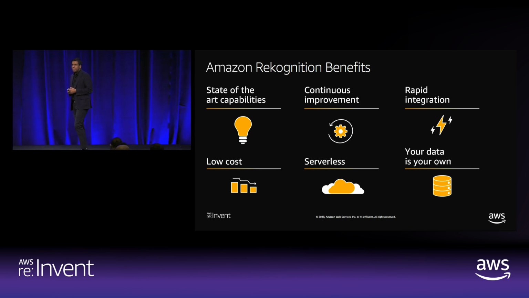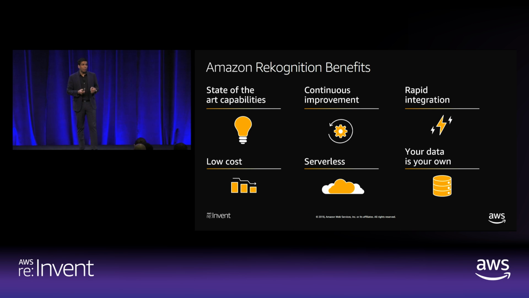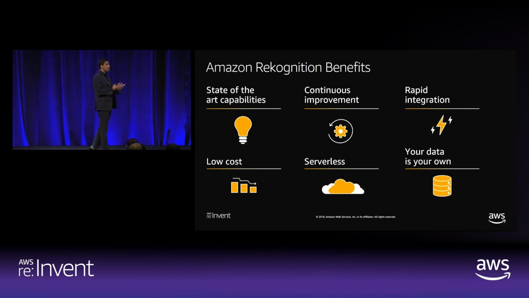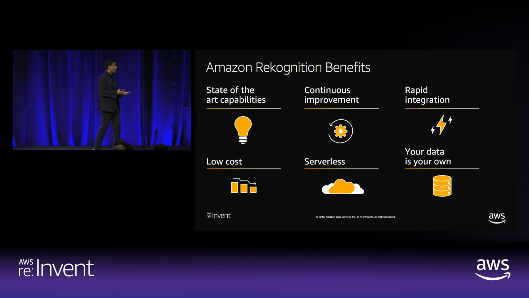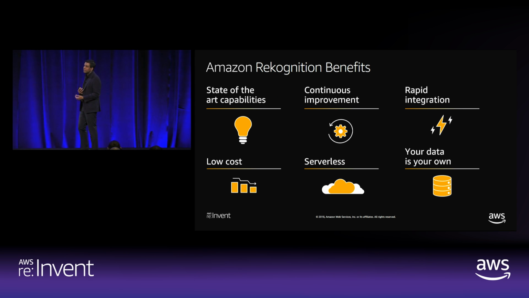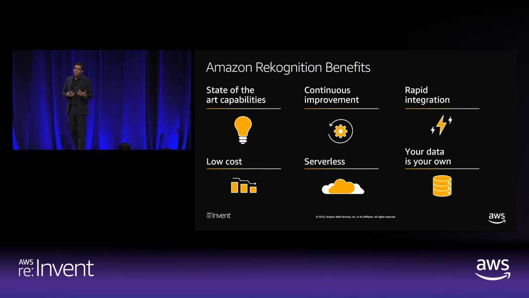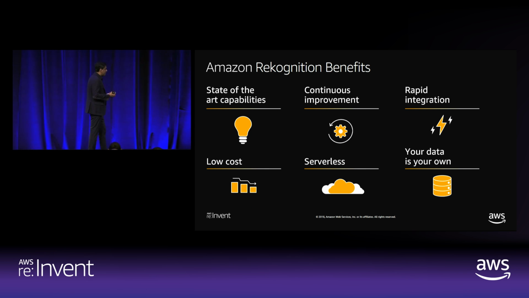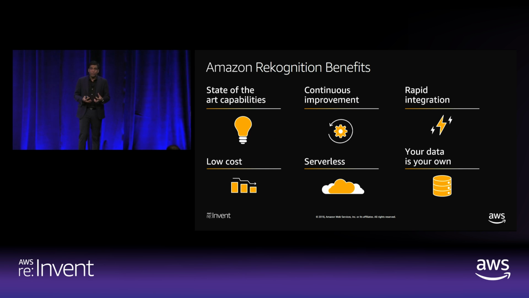We are continuously improving, right? As we get customer feedback, we have separate teams that are continuously working on each of these features to collect data, to improve these models, to solve the hard challenges that the customer is telling us we need to solve. And so you're getting this out of the box, no lines of added code needed for you. Our APIs are very easy to use. A lot of customers have given this consistent feedback. We have spent a lot of time thinking through how to make the APIs so easy that you don't have to worry about it, both in terms of how we manage the input as well as the output, allowing you to do a very, very rapid integration.